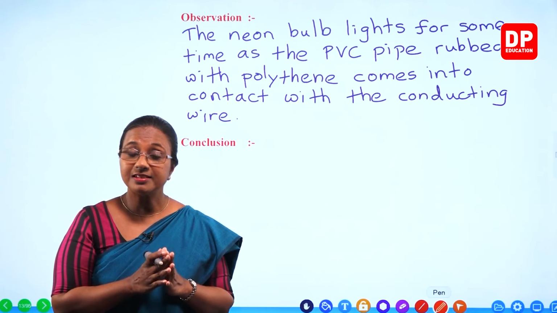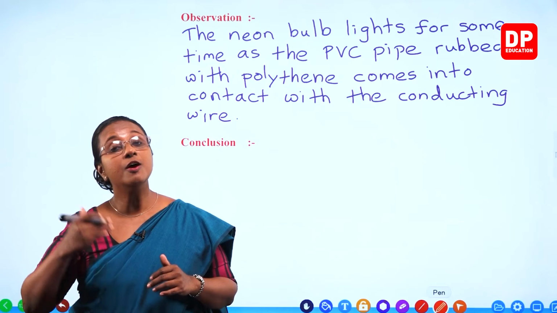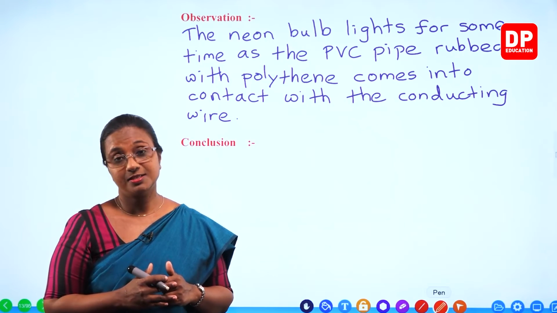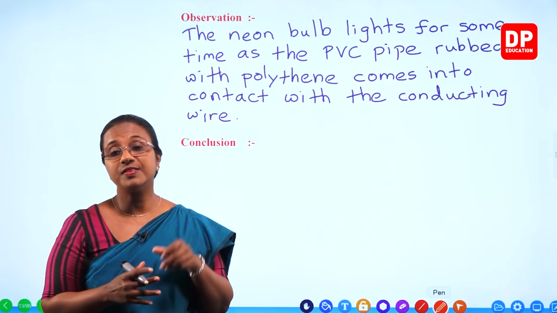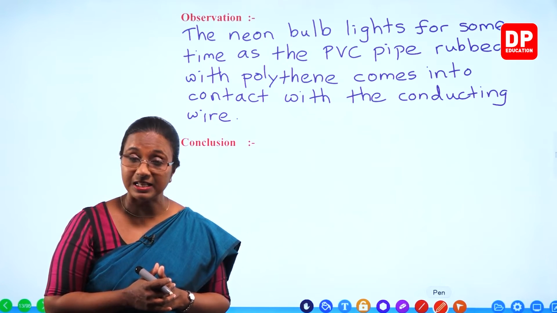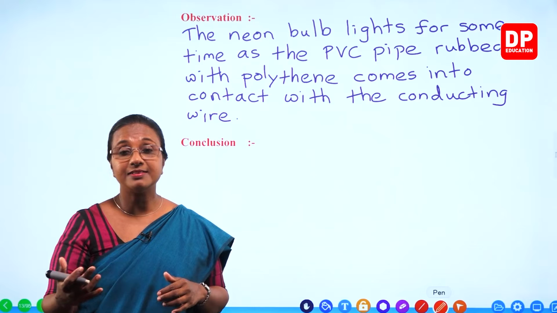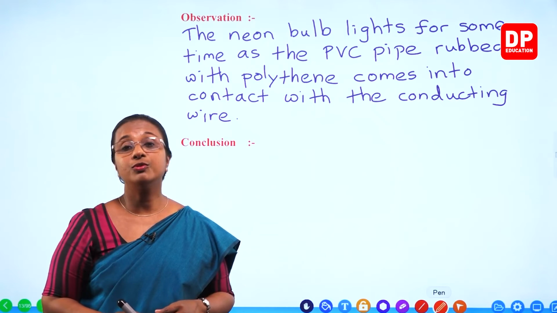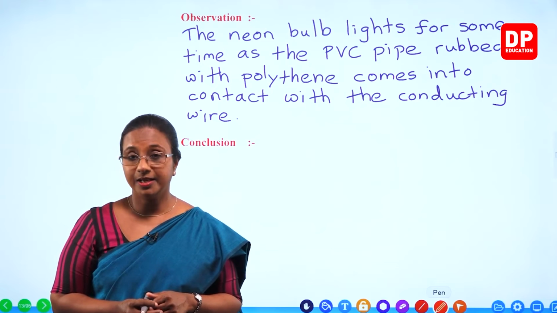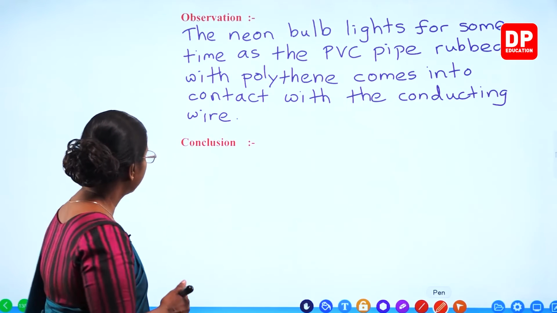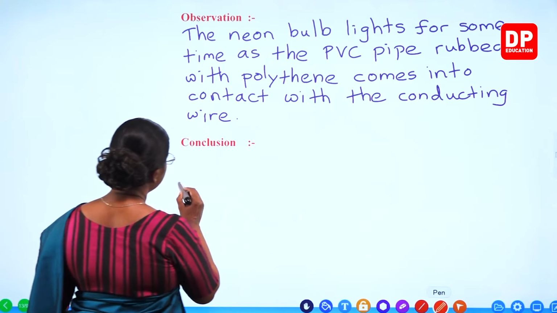So current electricity, as you all know, is the flow of charges. Static electricity, charges deposited on the surface of insulator materials. But current electricity, charges that flow through conductors. So that is what you saw here. So as conclusion, we can say,